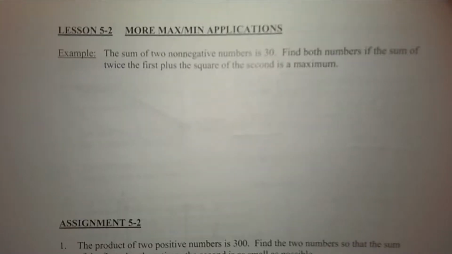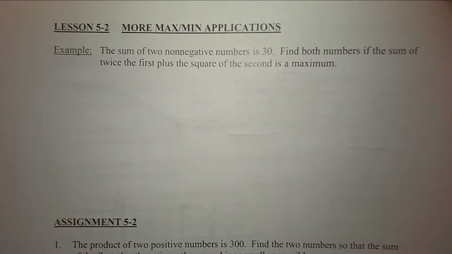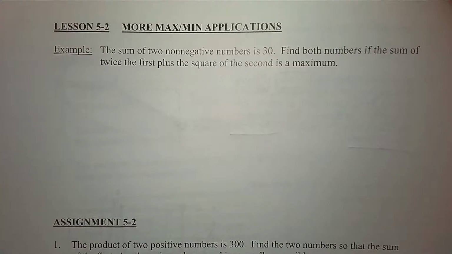All right, so this is lesson 5.2, which is the same lesson as 5.1. What was the lesson in 5.1? It was on what's called optimization. These are questions that will ask you for the greatest or the least, the maximum or the minimum. This is a word problem, but ultimately what you're finding is a local maximum or a local minimum that fits